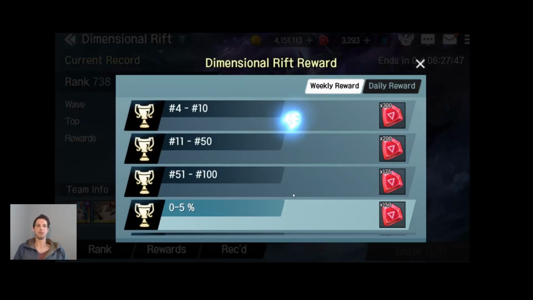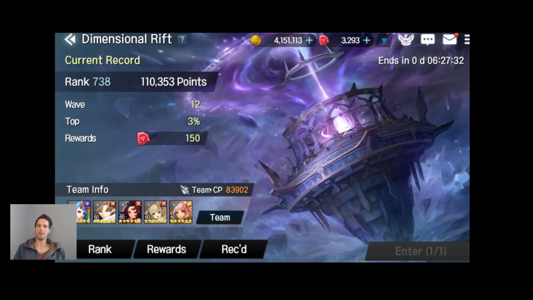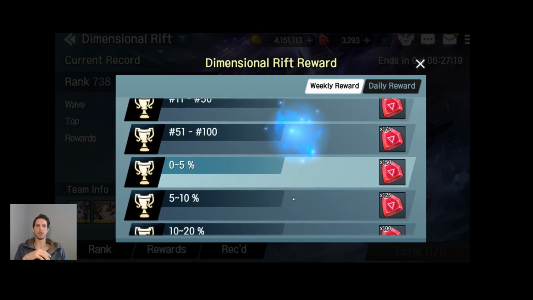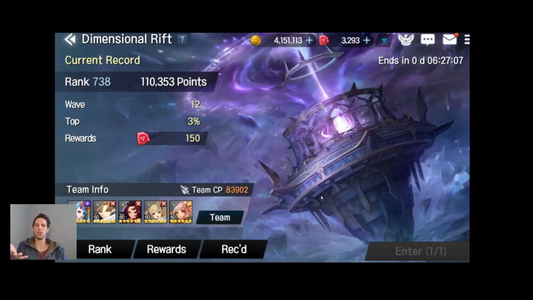Now, if we pushed really hard, I'm rank 700 and something now. If I pushed to get rank 100, I get an extra 25 rubies. It's not really worth it to go and push every day, give up the rubies at the cost of 15% extra points to try and get up that extra bit. Once you hit this mark of 150, that's all you need. Top 5%. I'd probably even say if you're close to the 10% mark, if you can't quite push into the 5% mark, take rubies. As long as you're clearing it, as long as you're getting your 240k gold every day,